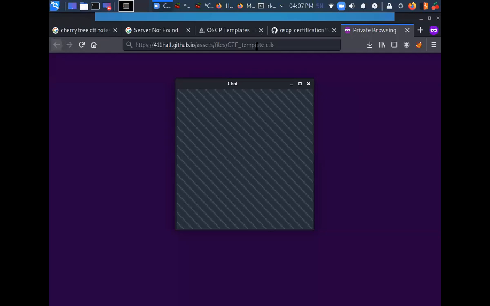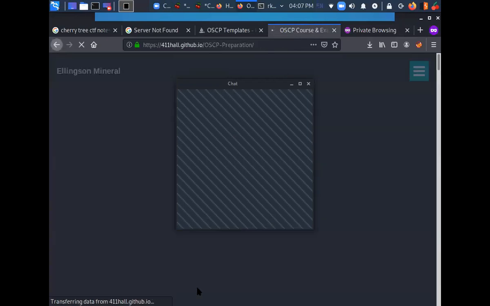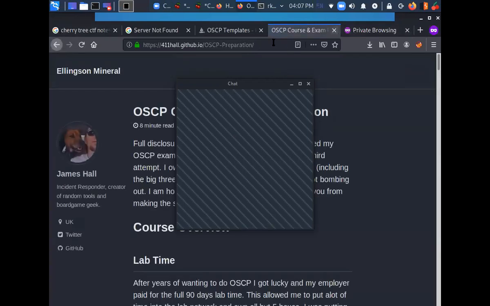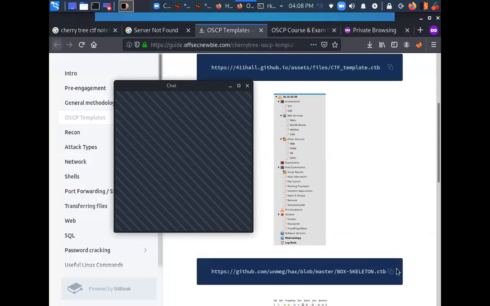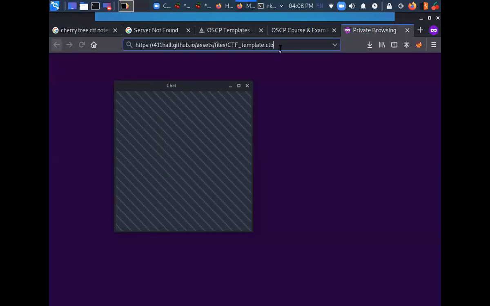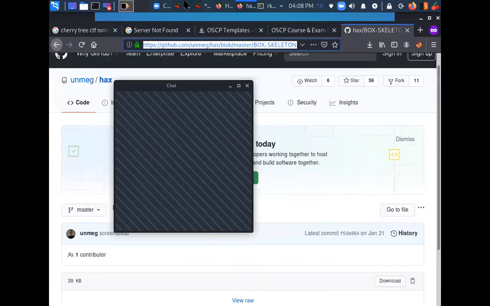So I've shared this template in the chat. That's one thing. Okay. This is one option. There's another option as well available to us. That is this one. I'll just share it in the chat as well. So you can use any one of these templates that are available.